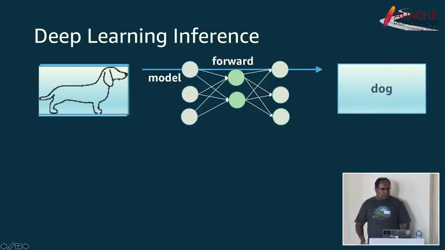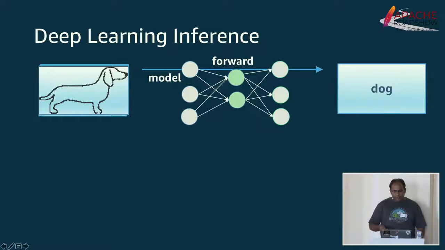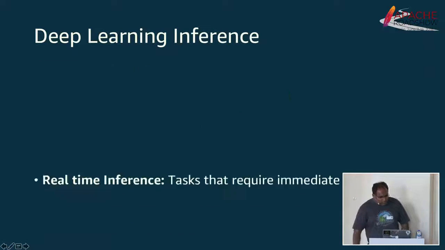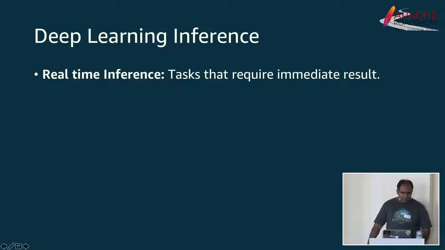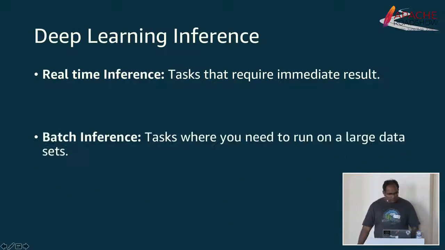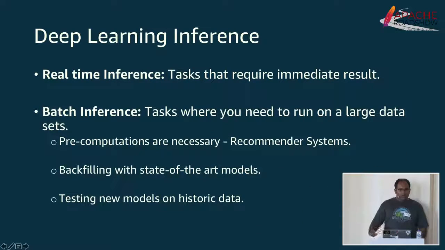Next, making use of this pre-trained model in your real-life applications is what deep learning inference is. We take the model and feed new application data to get predictions. This is just running half of the training, where we run only the forward pass. Deep learning inference can be done in 2 modes. One is real-time, where you need immediate feedback, for example, in fraud detection. And then you can do it in batch mode when you have lots and lots of data.